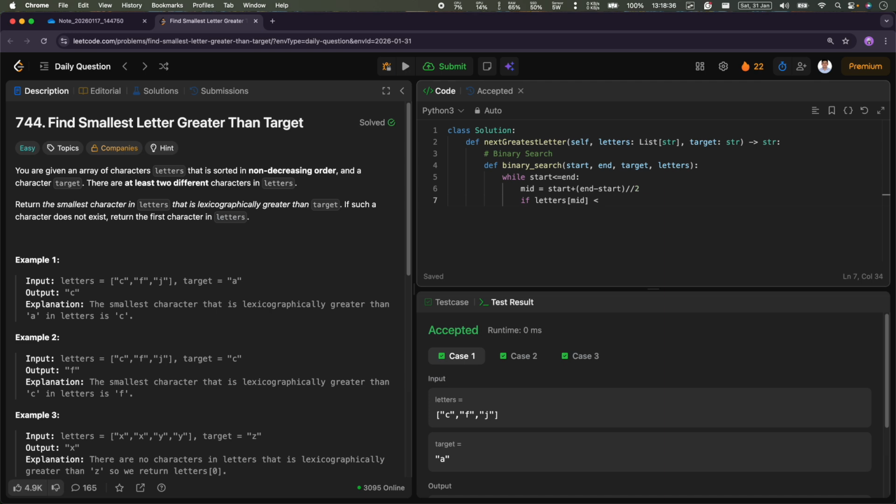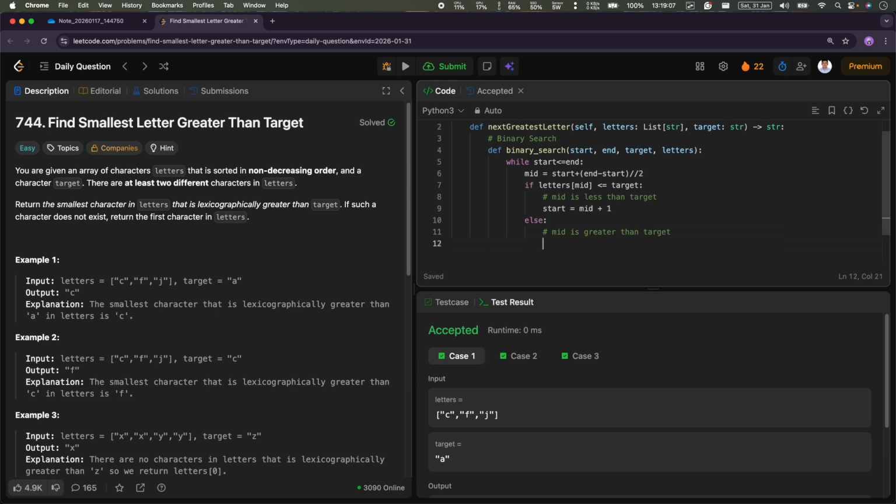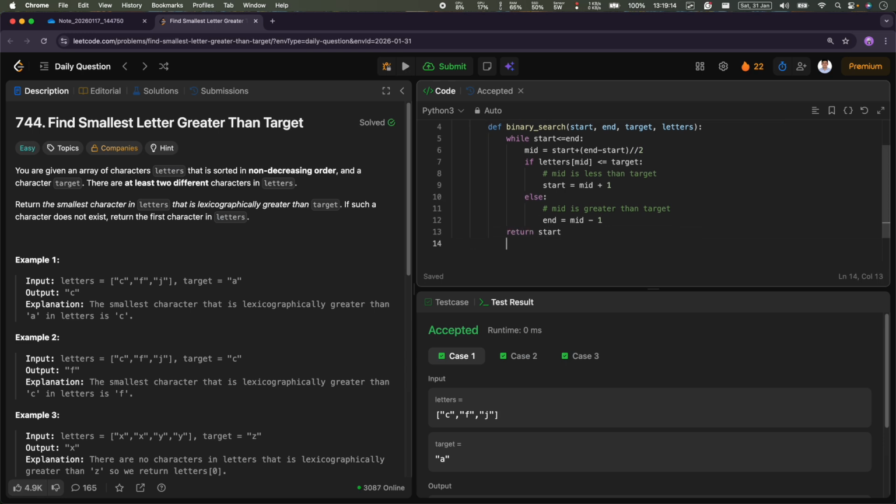If letters mid is less than or equal to target, then start jumps to mid plus 1, else mid is greater than the target and end goes to mid minus 1, and at the end we return start, because we are trying to find a greater element than the target. Now we need to call this binary search,